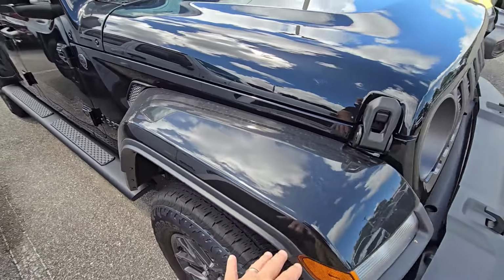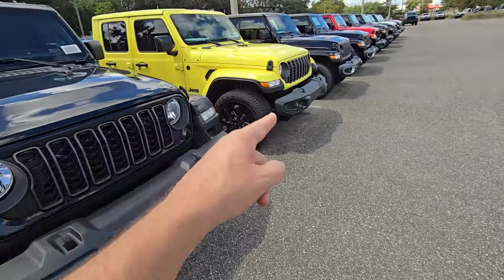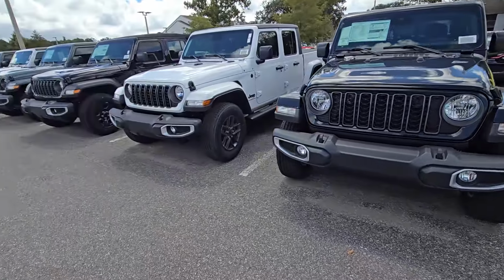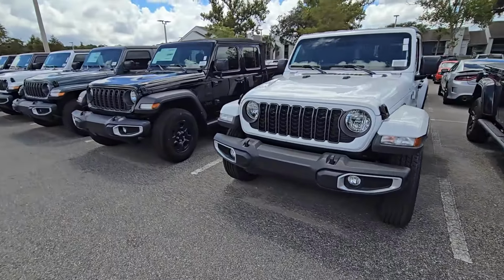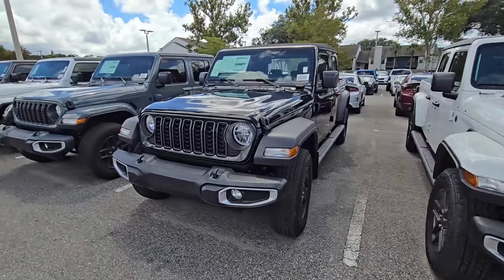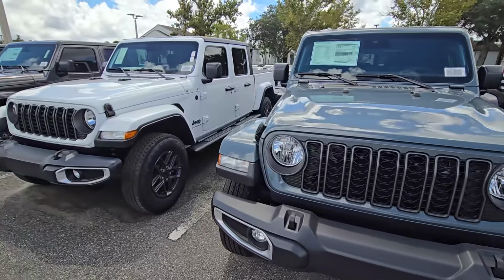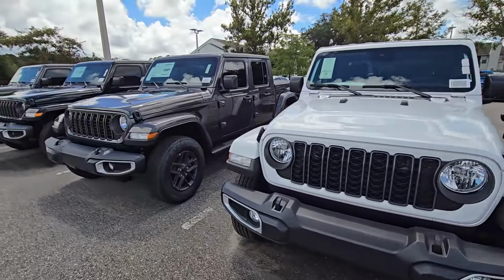Now it is nice because you do get color matched too, but you get color matched on a Sport too sometimes if it's got these packages. Like I said, some of the things they do kind of make me wonder how the world works sometimes with some of the packages that these dealers spec them as and get them for, and what they do with them. But like I said, beautiful Gladiators, beautiful options all the way down here. They got a lot of cars at this dealership. They got a lot of stuff, and we are on one of 5 of their lots,